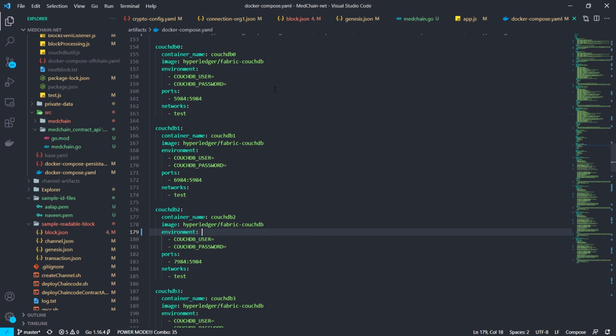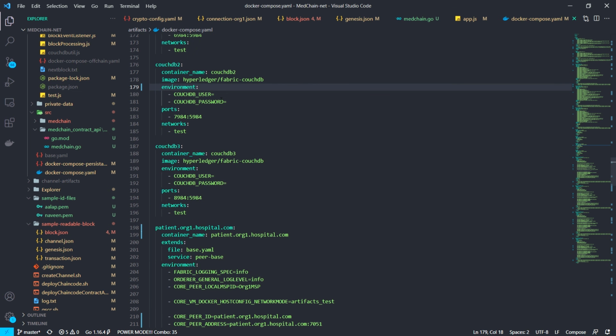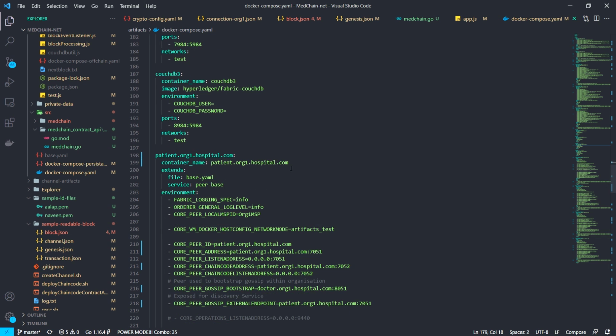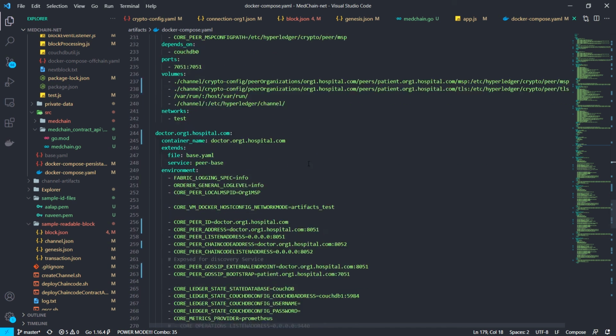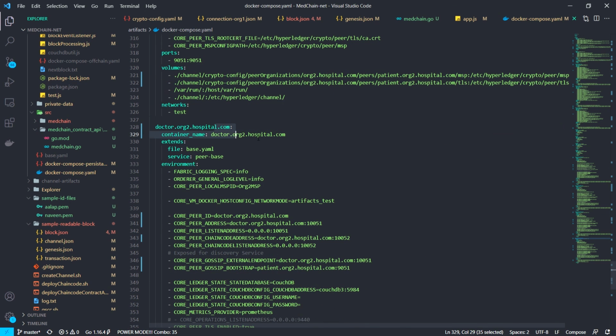Each container has a database, that is our CouchDB, which is configured with each of the files or the functionalities which should be run in the background. The first one was the Hyperledger Fabric, and moving on, we also have each and every patient organization and doctor running on each and every node and container here.